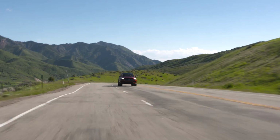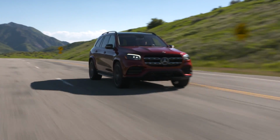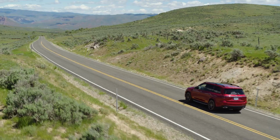The 2 diesels are the GLS 350D and the GLS 400D with up to 330 horsepower. For the driver, the GLS really feels like an S-Class with a bit more ground clearance and a better view. The car is as big and as heavy as an S-Class, but it feels pretty agile and it has lots